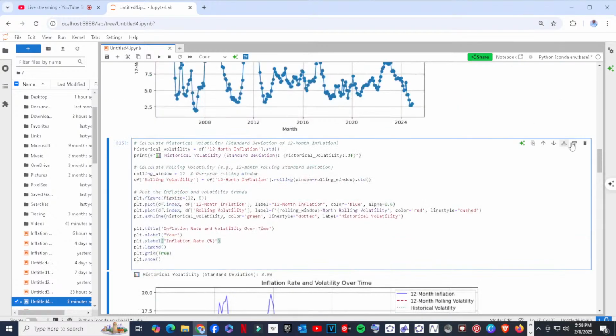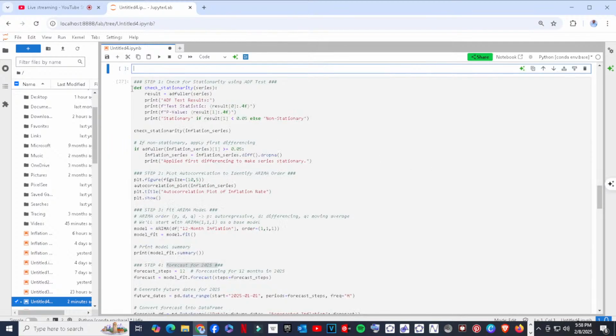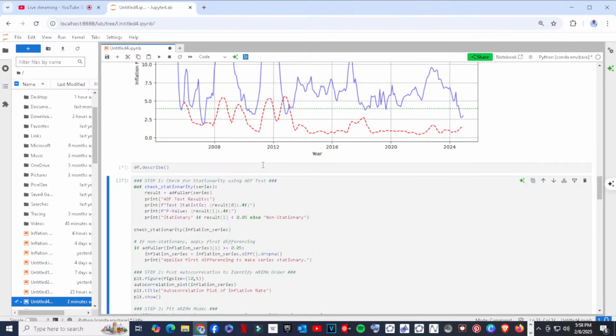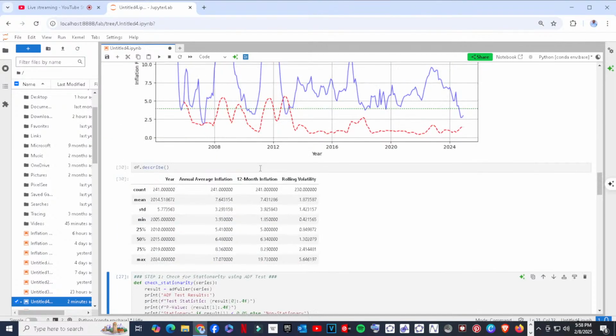Let me see what it gives. I want to check describe after running that command. So df.describe, when I run it, it's loading.